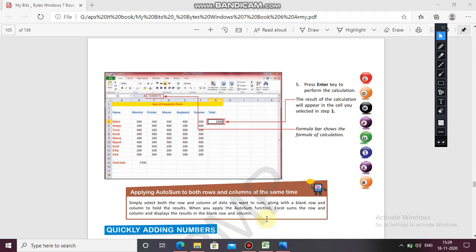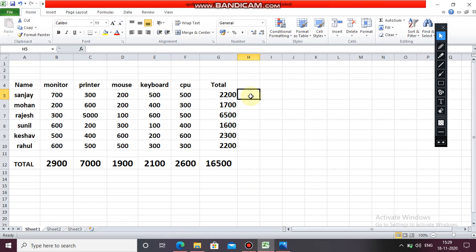If you apply AutoSum, it will take the sum of the row and column and display the results in the blank row and column. Like here, if you put the total here and you want to do the AutoSum, see, AutoSum is given here. So I am just taking an example and clicking AutoSum.